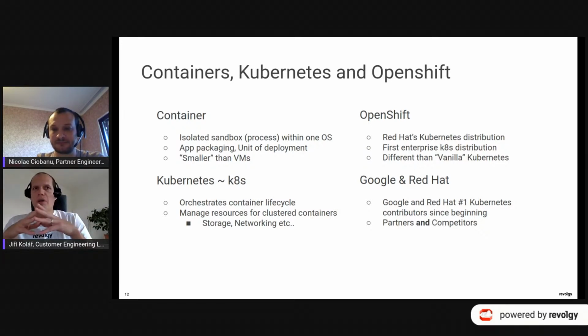OpenShift, something I already mentioned. This is Red Hat's Kubernetes distribution. It's worth saying that Red Hat was the first one creating something like this, an enterprise Kubernetes distribution. So they have been there from the very beginning, which is really good because they are experienced guys.